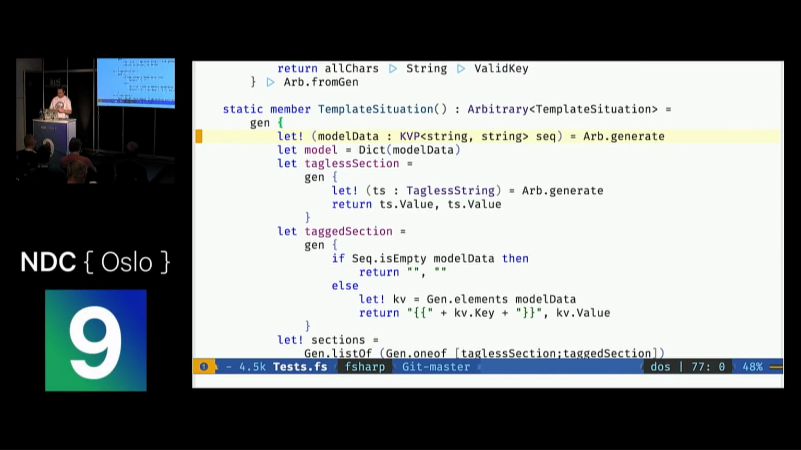So we want some input data. We want to generate some key-value pairs. We have already overridden the default generator for the model, if you remember. So we can just say, go off and generate us one using this Arb.generate command, and that will use our override, and it will generate us a valid